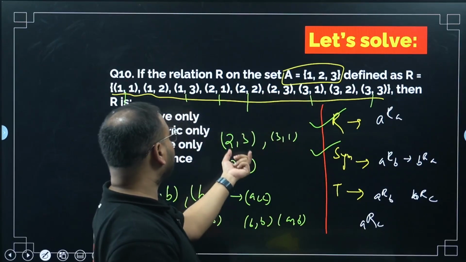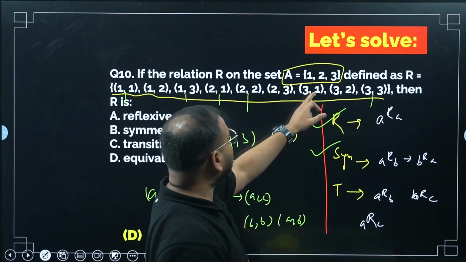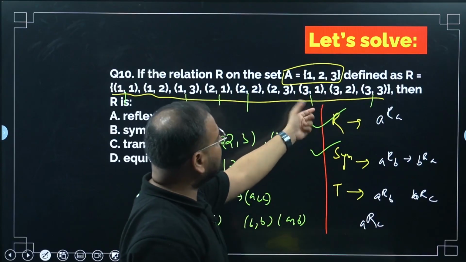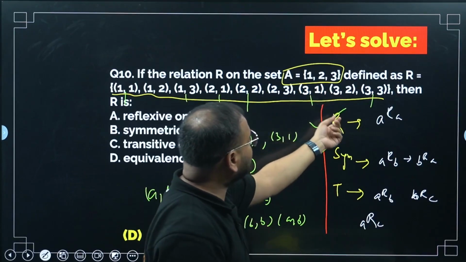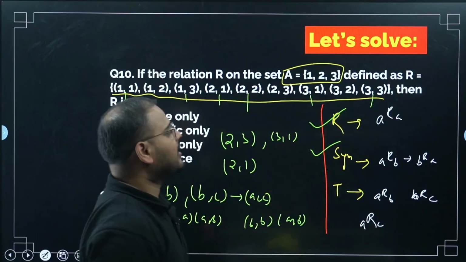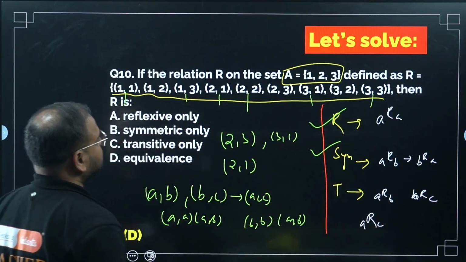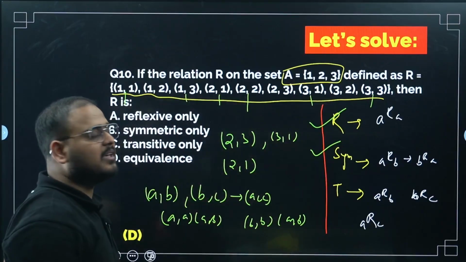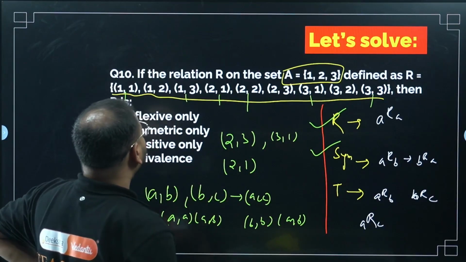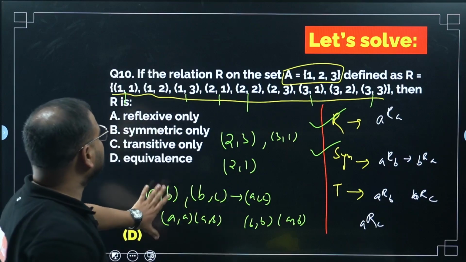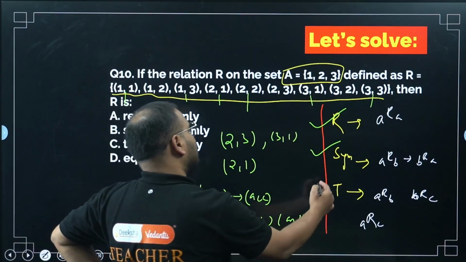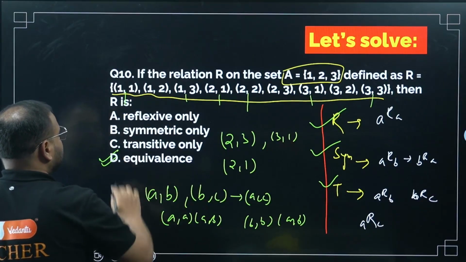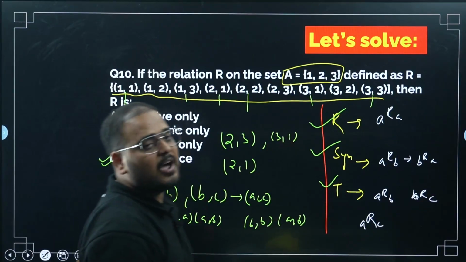We can check. 2, 1 will be there. Is it there, sir? 2, 3 and 3, 1, we can check. Yeah, that is done. 3, 1 and 3, 2, we can check. We don't have the relation over here. 3, 2 and 3, 3, again AA, AB. What about the other number? 3, 2 with 2, 2. We don't have to check again. Same thing, BB, AB. Okay. Remember this. Just remember this. I think this will do your part. So it is transitive as well. So what is it? Equivalence. It is equivalence. I hope this was clear.